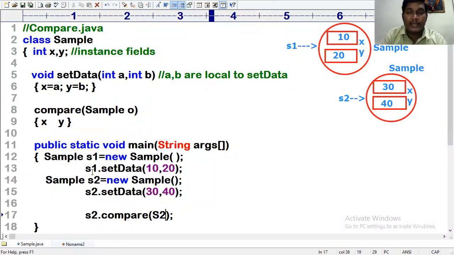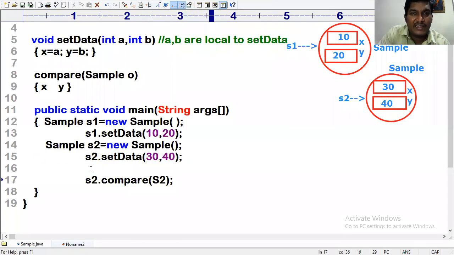No problem, but it is meaningless, because S2 is being compared with S2. It is not good programming practice. Comparing a variable with itself is always the same. That's the reason that, even though this is correct, do not encourage it.